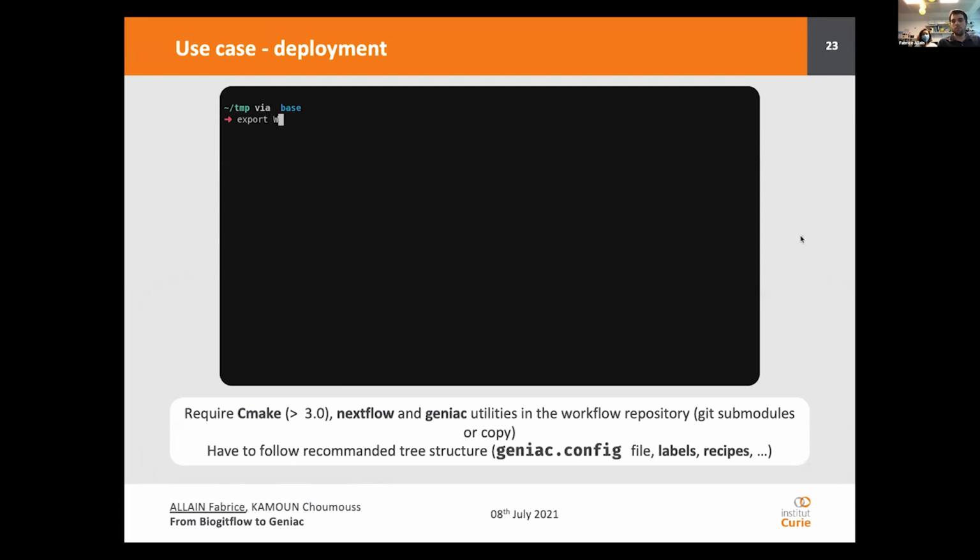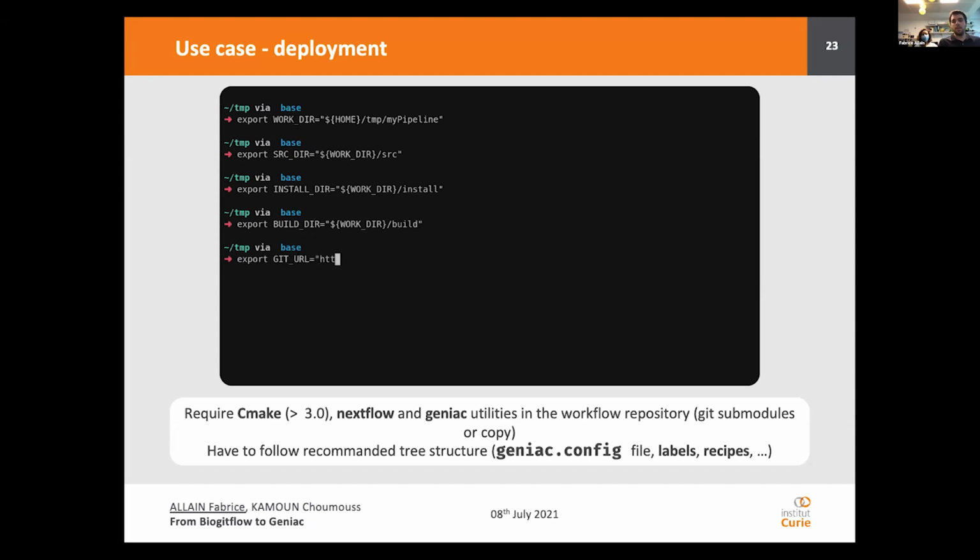And in this small movie, we show the usual output we expect to see during the manual deployment of the pipeline. So in this example, we define 3 types of folder which are usually not located in the same place. The source folder where we clone the demonstration Nextflow project, the build folder to test the build command, and finally the installation folder where the pipeline will be deployed.